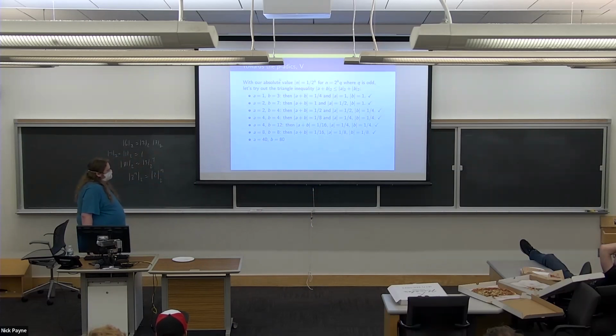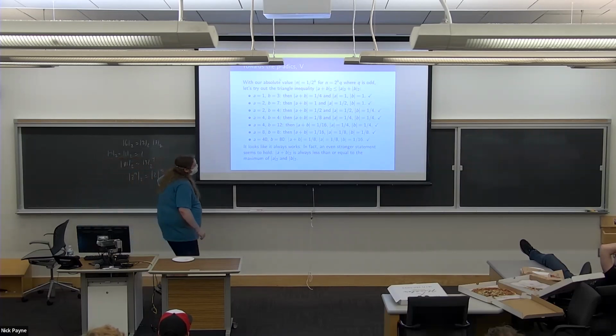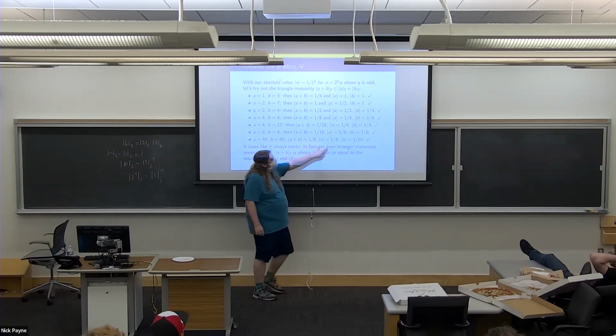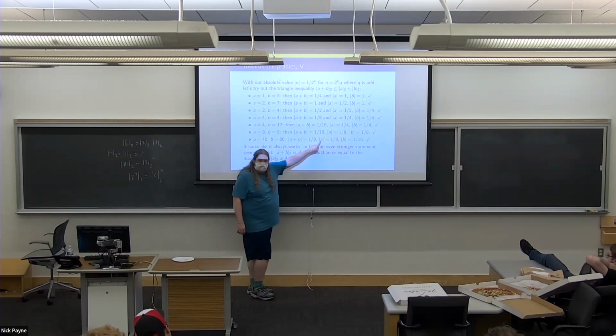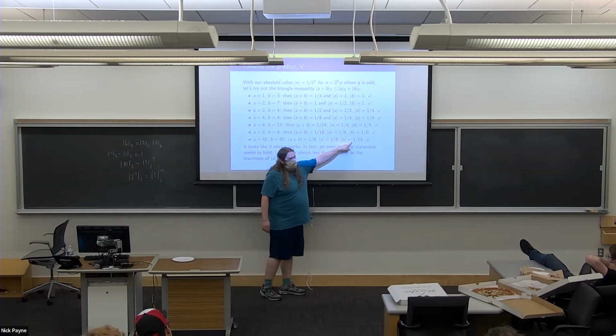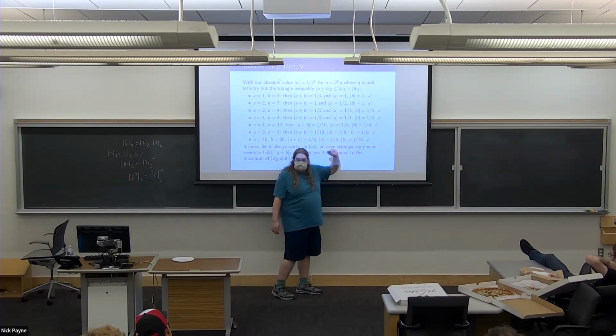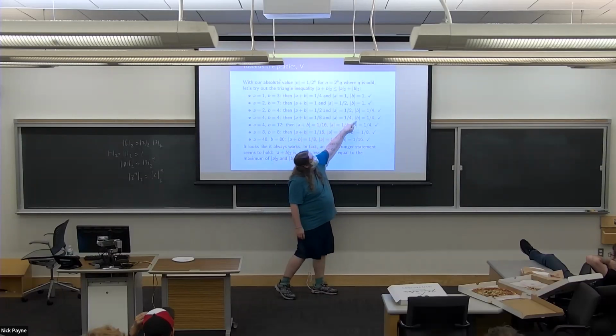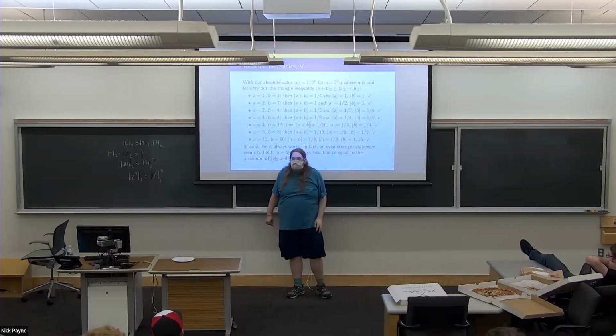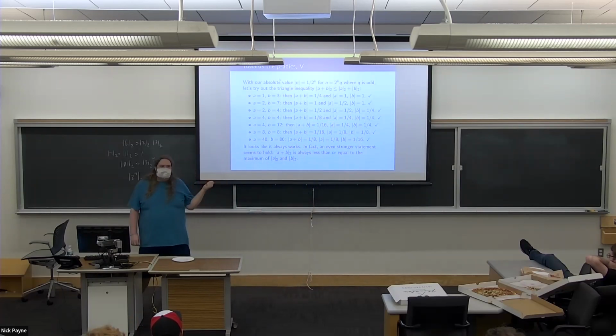Okay, so if a is 40 and b is 80, absolute value of a is 1/8. Absolute value of b is 1/16, and then a plus b is 120, which has absolute value 1/8. So not only is this true, there's actually a much stronger statement hiding here. If you look at the absolute value of a plus b and just compare this to the two numbers, don't even add them together: 1/8 versus 1/8 and 1/16. 1/16 versus 1/8 and 1/8. 1/8 versus a fourth and a fourth. 1/2 versus a half and a fourth. In fact, the absolute value of the sum is always less than or equal to whichever one of those is bigger.